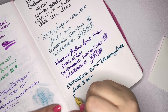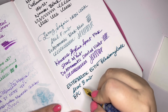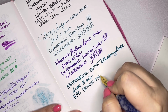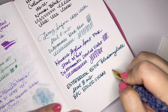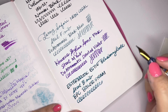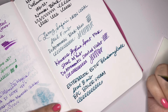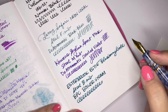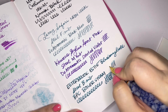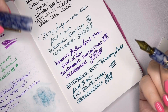and this ink is Birmingham Pen Company Boiler Steam. This nib is really smooth. I feel like most nibs feel really smooth on this old Tomoe River paper, but yeah, I like it. It's what I use here in this book. But if this nib were not smooth, I would have smoothed it by now. So, super pretty